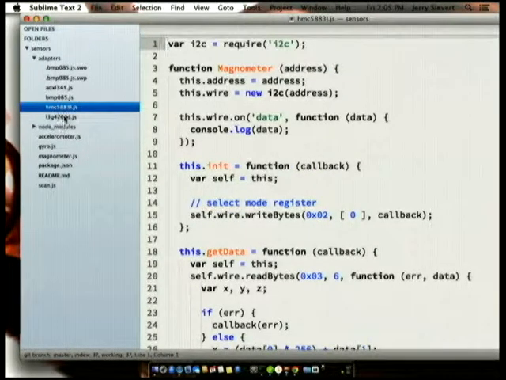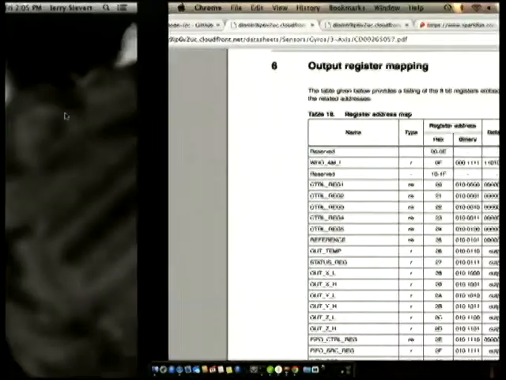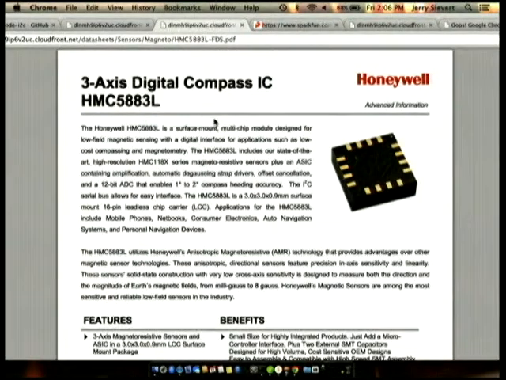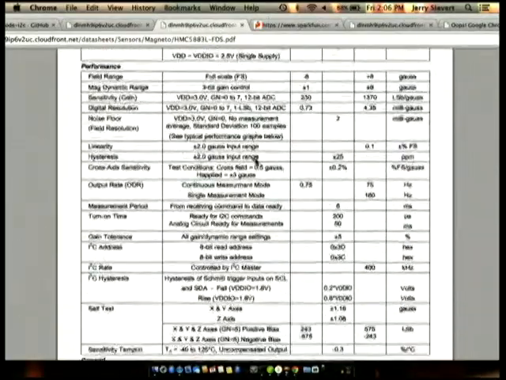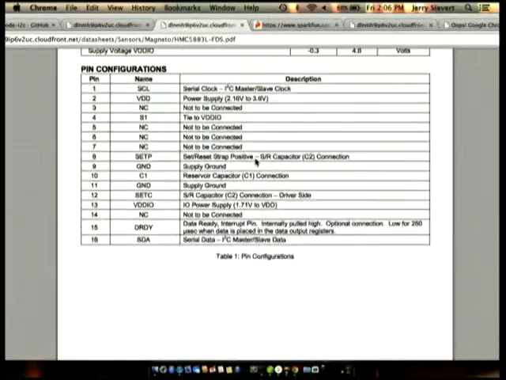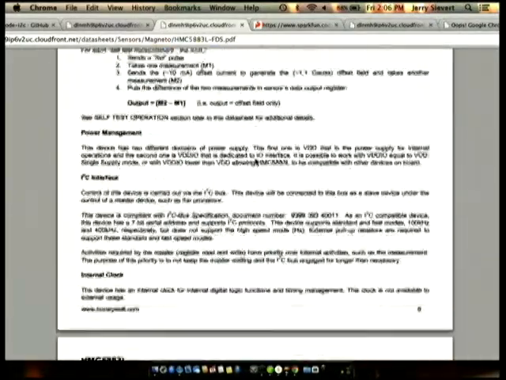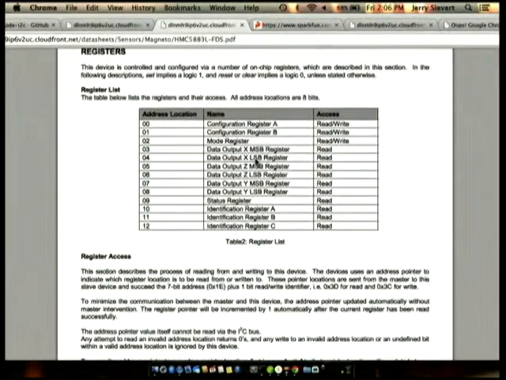Which is an HMC5883L, which if we go look at our data sheets over here, is another really long, crazy data sheet. The things that we care about are way down, down, down, because while I admire Word getting so low level with bit hacking, I don't really want to go there. So we have some configuration registers, some data output, and some identification registers that we can read from.